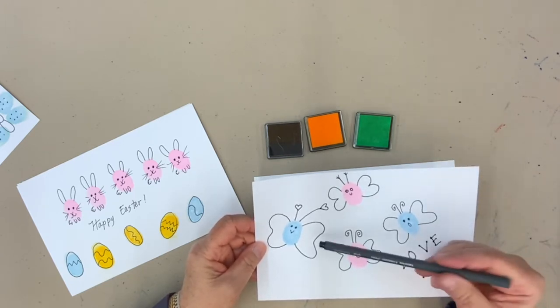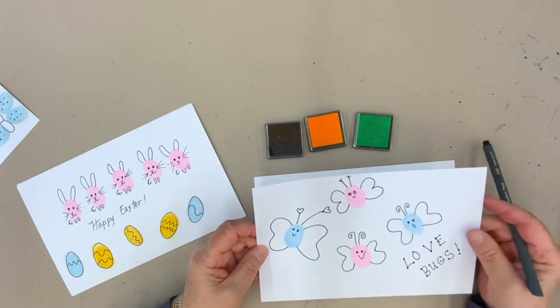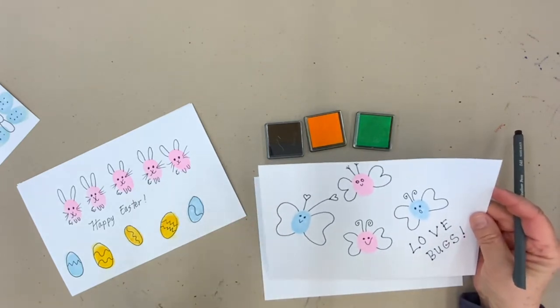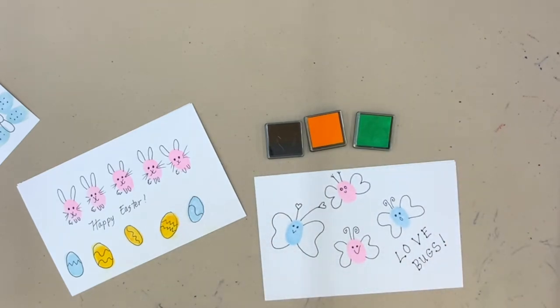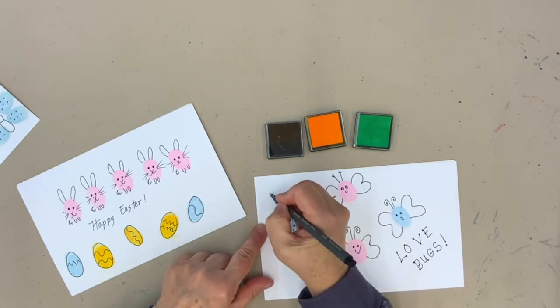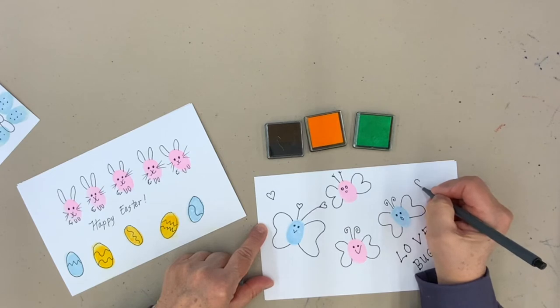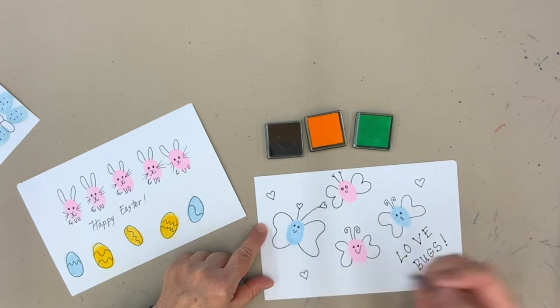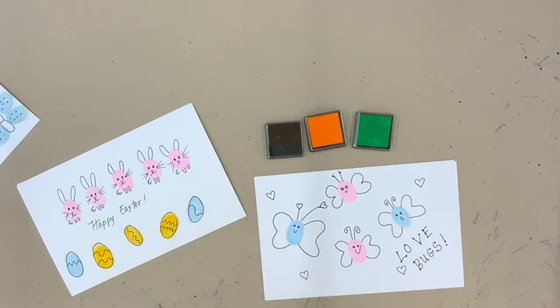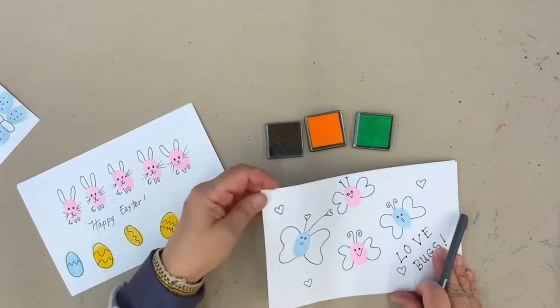Love bugs. They're just little butterflies, flies, or whatever, and they're just happily flying along. I did add hearts to his antennas, but because I said love bugs, it makes me think of hearts, so I might add just a few hearts to dress it up a little bit. So that's an idea. And with Easter coming up,